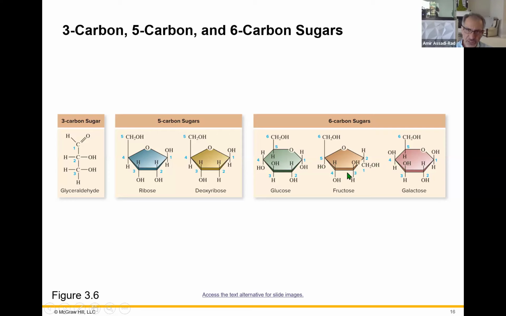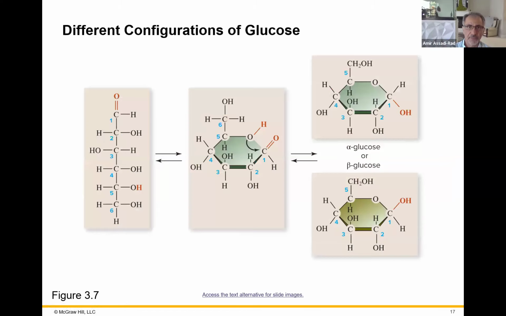Fructose has 12 hydrogen. Galactose has 12 hydrogen. 6 oxygen, 6 oxygen, 6 oxygen. So they are isomers of each other. Okay,